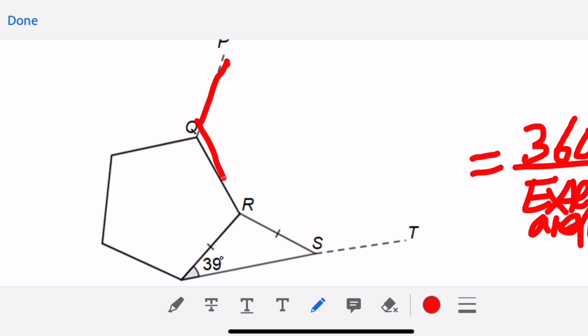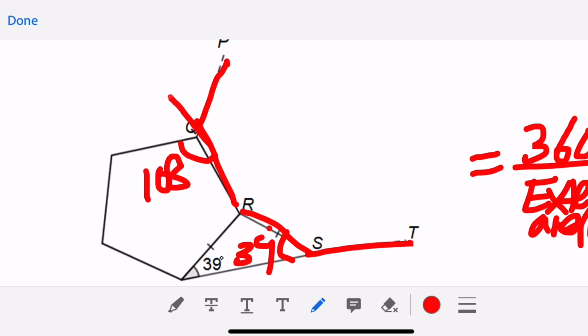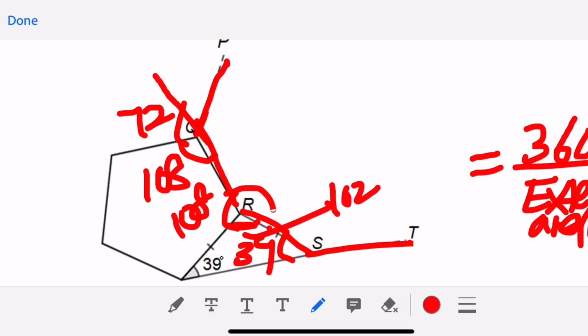One side, two side, three side. Okay, this is 39. Here 39. This is 108. 108 here will be 72. 72 here will be 102, 108, 102. So the remainder here is